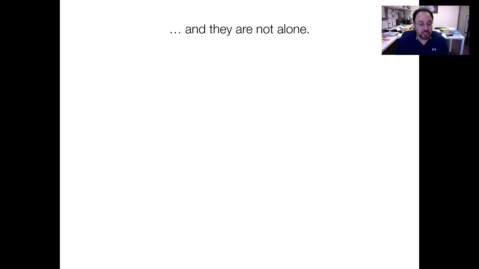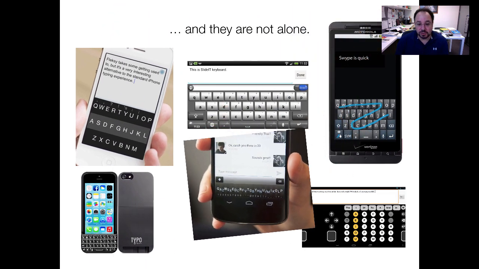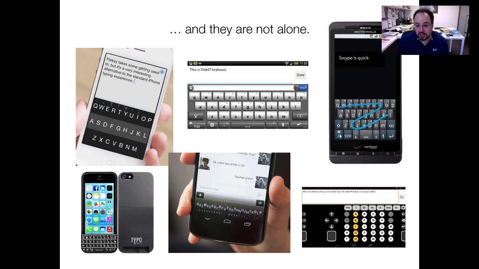Now, one thing we should note is these companies aren't alone. There are all these other ones doing similar things, various designs, all with the same goal in mind. The one down in the bottom middle is the Minuum keyboard. That was a CDL venture, Worldscape. They had a vision of being able to squeeze predictive text into a small space. You can try that keyboard out. Now they've moved on to predicting emojis and other things like that. But nonetheless, they were a CDL company in their time.